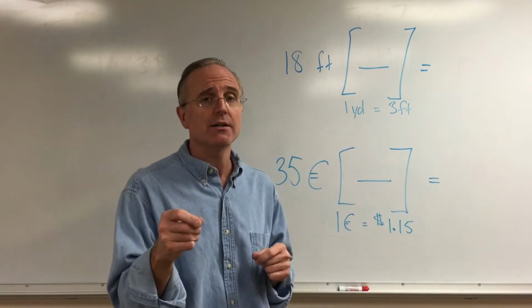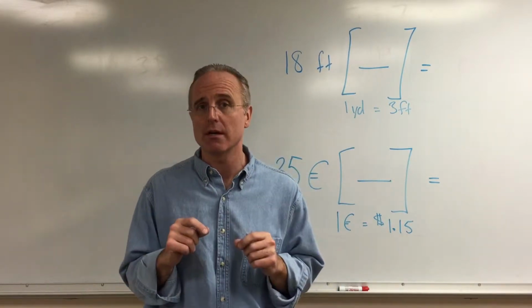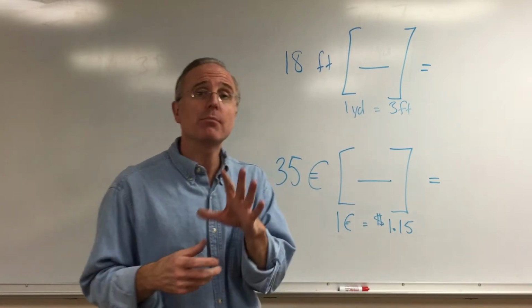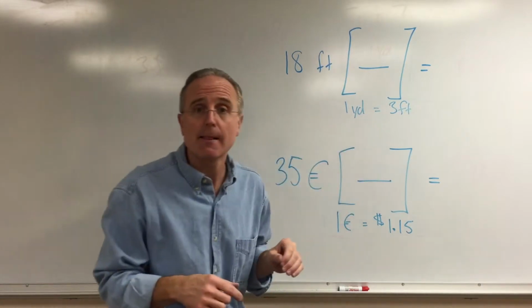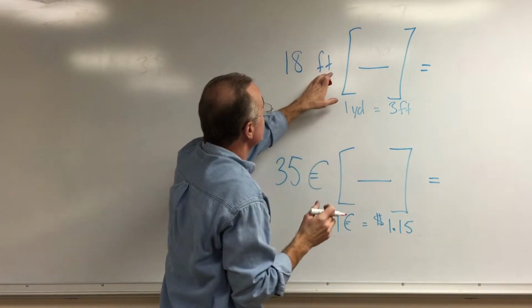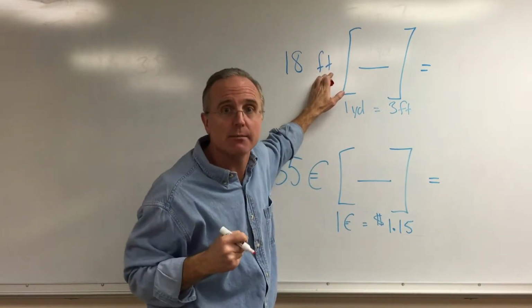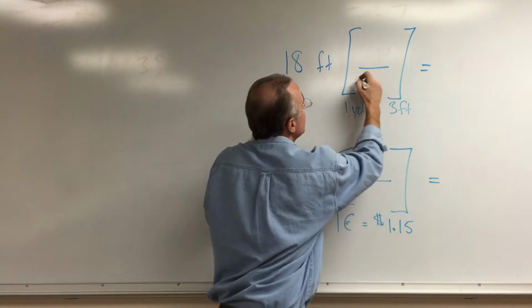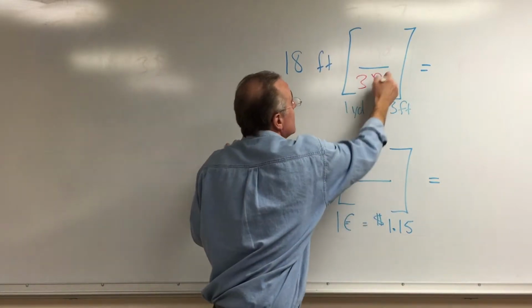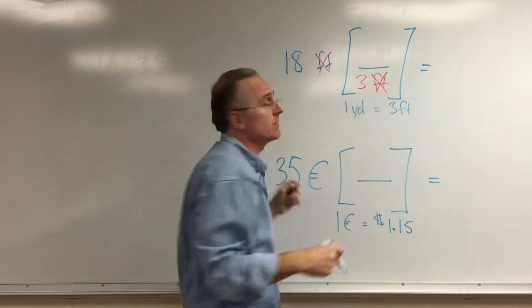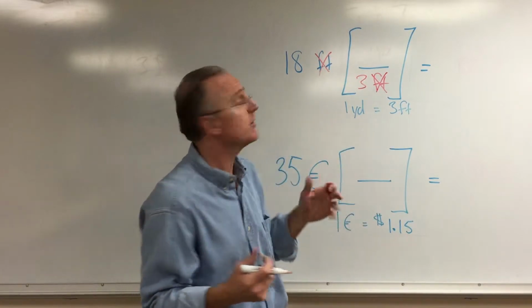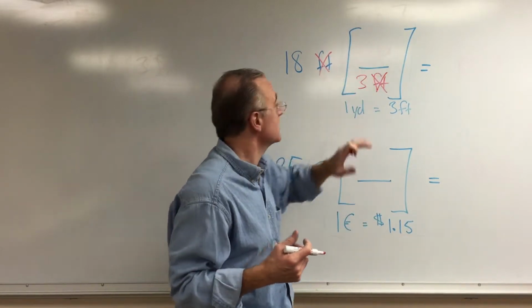What my brain really does is it constructs a fraction out of what it knows. So for example, if I'm going to convert 18 feet into yards, my brain knows that 1 yard is 3 feet. So my brain constructs a fraction. 18 feet has feet in it, and I'd like to get rid of those feet. I'd like to cancel them out. So if I were to put the 3 feet on the bottom of my fraction, then the feet downstairs would cancel out the feet upstairs. That'd be great. Now the 1 yard, I've got to use it. I can't just throw it away. I've got to put it somewhere, and there's only one place left to put it, right upstairs. So the 1 yard